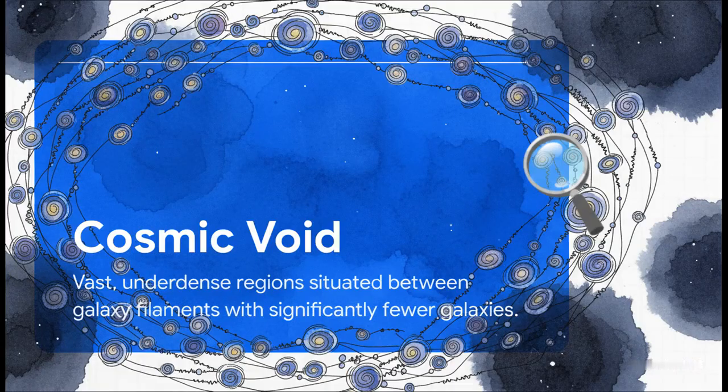Before we get into the wild theories, let's make sure we're totally grounded in the basics. Based strictly on the text, a cosmic void is a vast, underdense region of space situated between galaxy filaments. But here's the catch. Void doesn't mean a perfect, absolute vacuum with zero matter. It just refers to an area containing significantly fewer galaxies than the cosmic average. Think of the universe like a gigantic cosmic sponge. The solid structural part of the sponge is the dense web of clustered galaxies, and those huge holes in the sponge, those mostly empty spaces, those are cosmic voids.